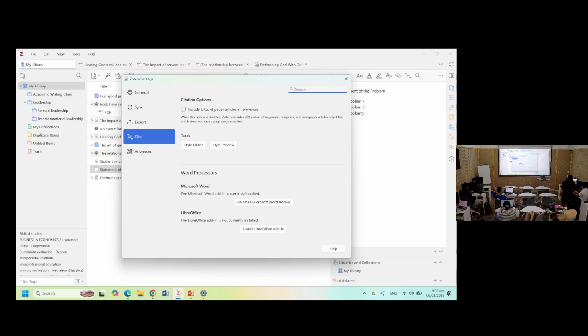Sa Zotero. Ay, na-close mo na, Pastor. Pa-close, pa-quit lang nung hindi po, Microsoft Word. Pa-totally quit ako, Pastor. Right click, tas quit. Yan. Tapos sa Zotero, settings.